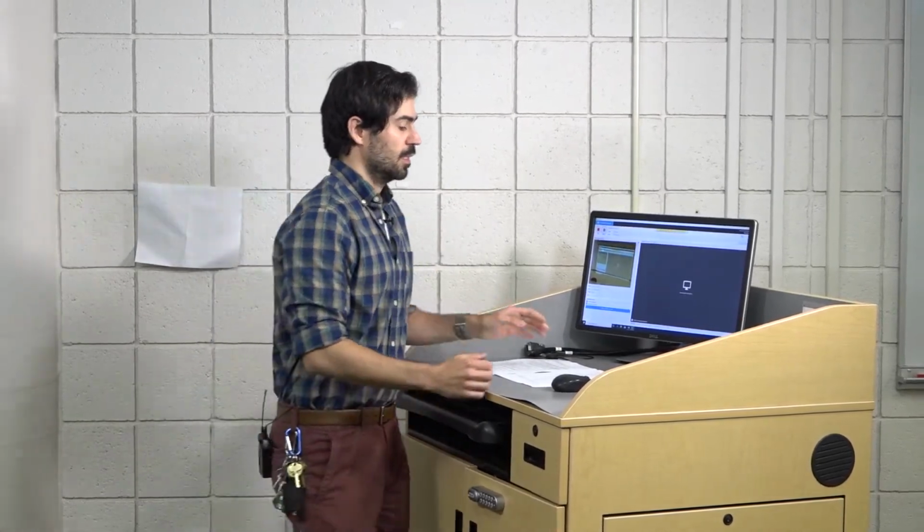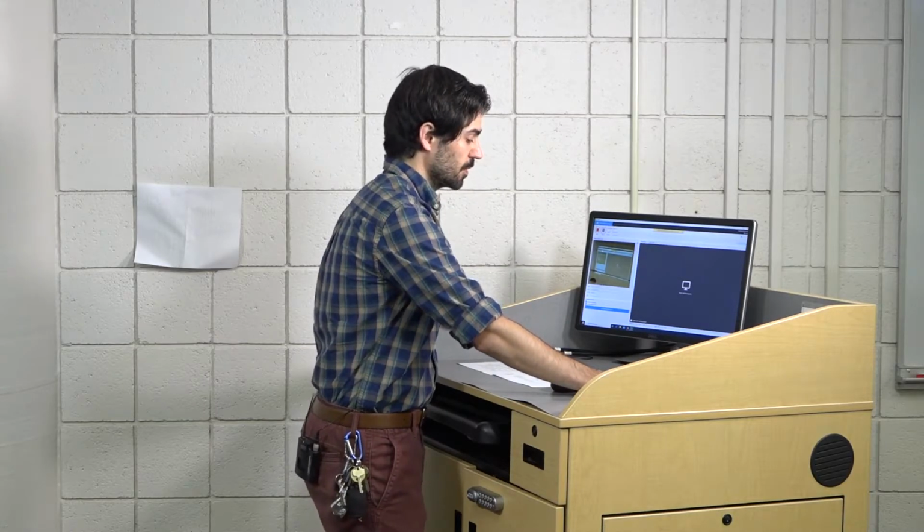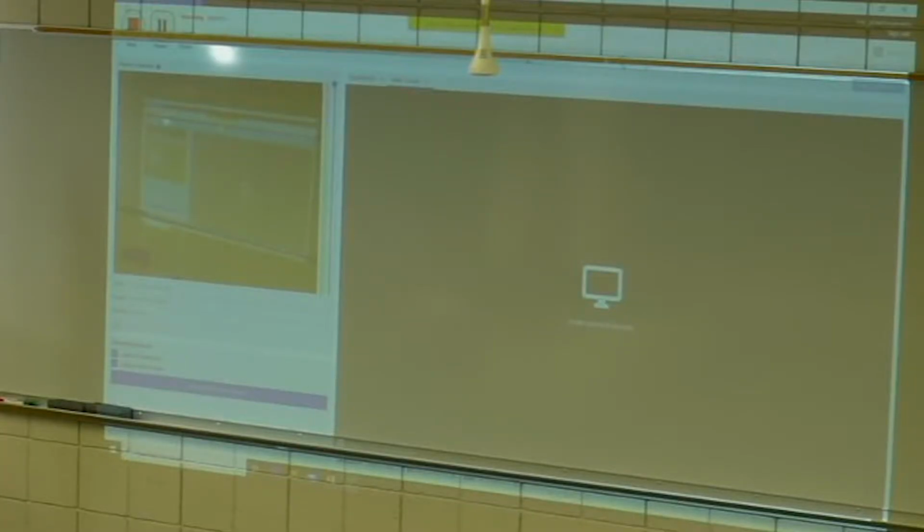As you can see, the projected screen is still showing up on the board. So in order to enable the whiteboard for use, I'll have to use the no-show function on the control panel. That blanks out the screen and frees up the whiteboard for my use if I need to write equations or